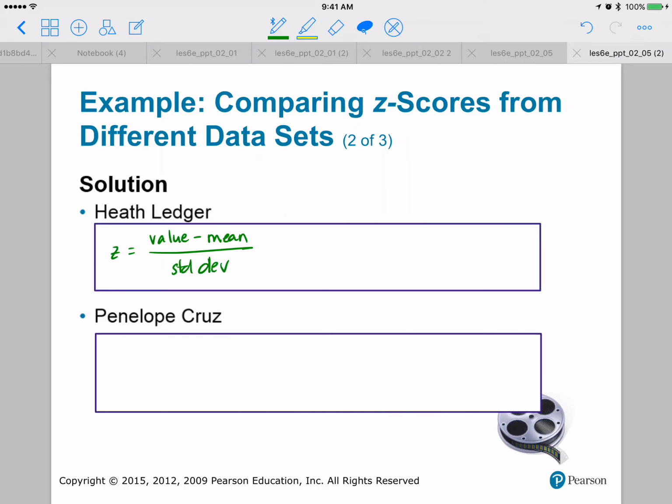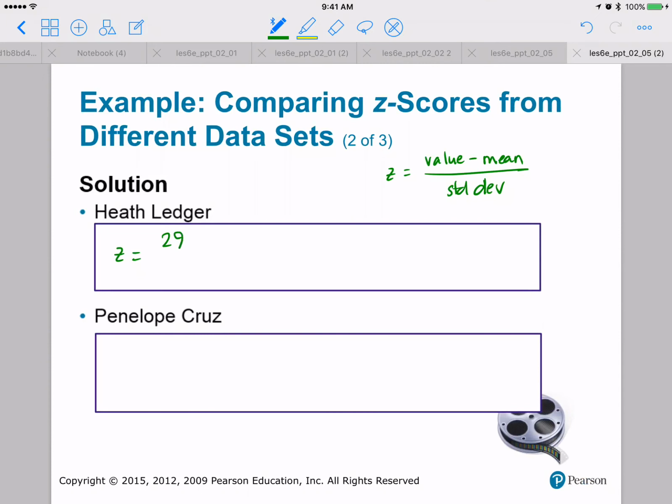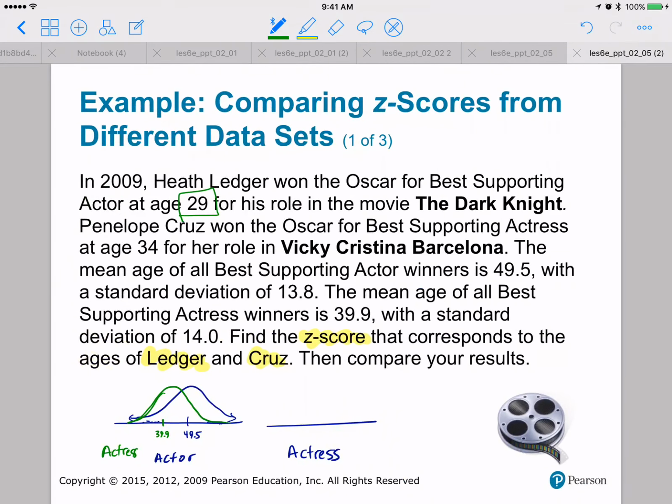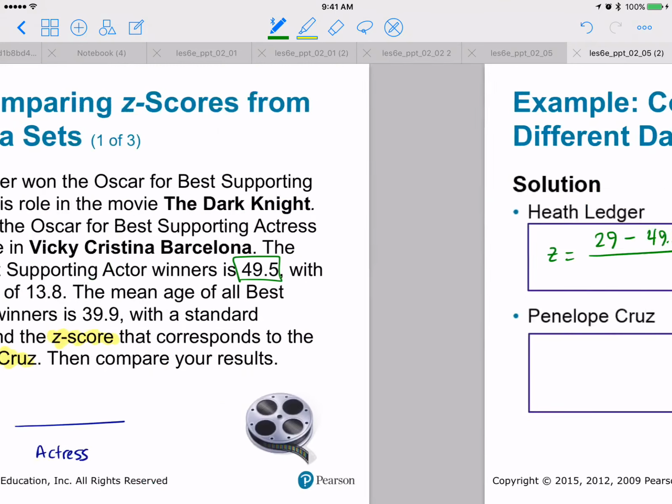And in fact, I can write this, copy, paste. Okay, so that we can just save this space because we're going to use the same formula for Heath and Penelope. So for us, z is going to be, what is our value for Heath Ledger? Well, how old was he when he won? Heath Ledger was 29. What is the mean? The mean for actors is 49.5. So minus 49.5